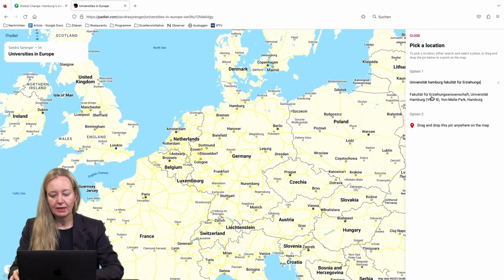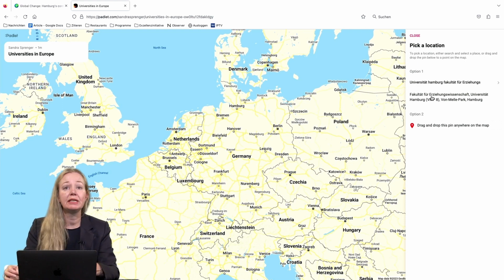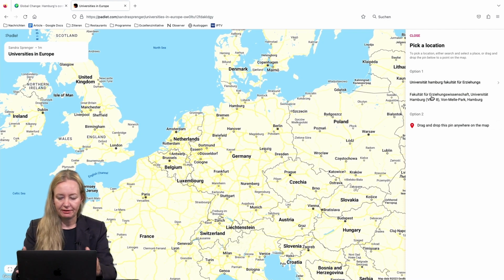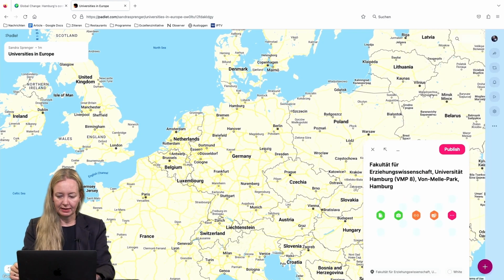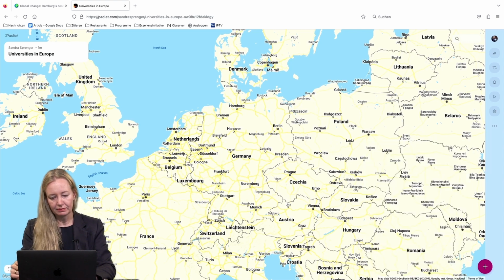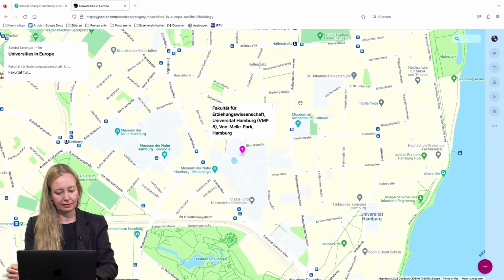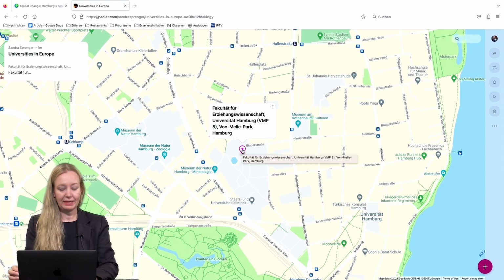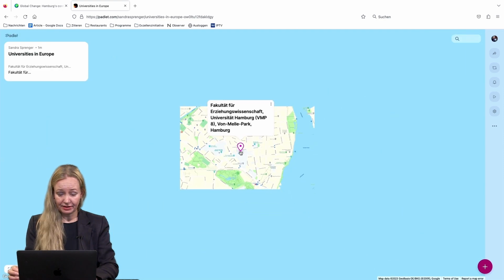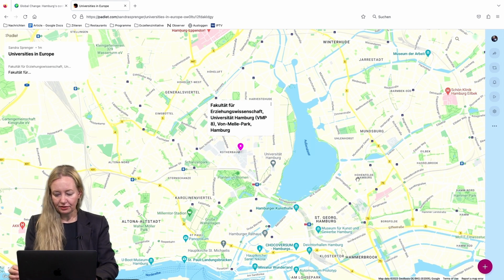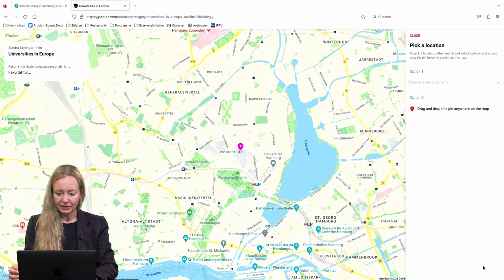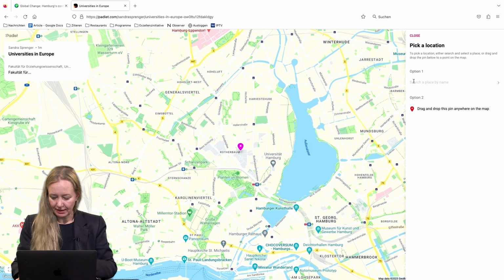So I will now pin my university, my faculty, which is the Faculty of Education. I've already found this in Padlet, and here is the first pin. And now I just click on Publish, and on this pink pin you will see the Faculty of Education. So you can do it twice with the next university, maybe